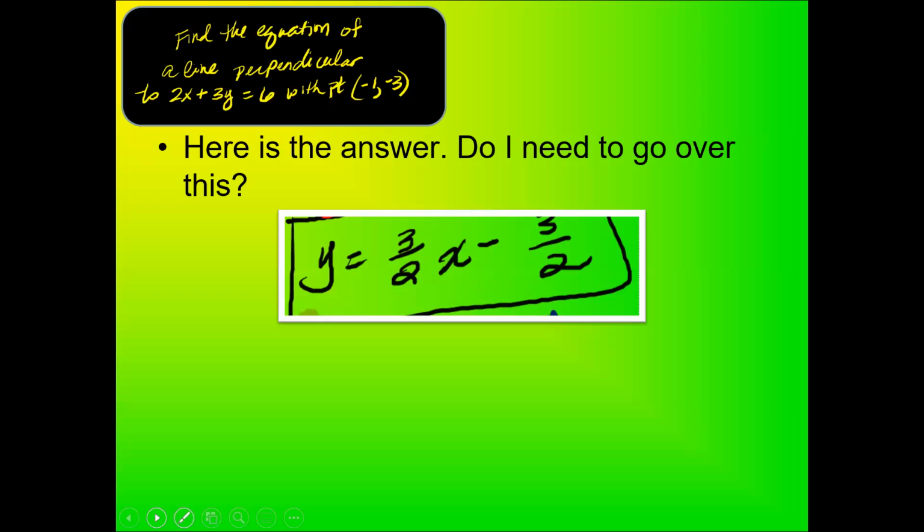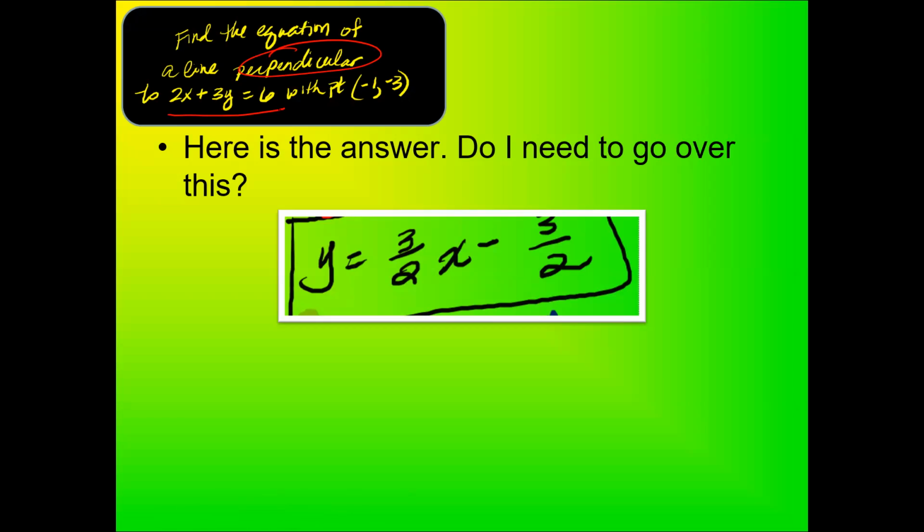All right, so let's go ahead and take a look at question number 3 on the warm-up. The keyword here is that I know it's perpendicular. If I have my equation in y-intercept form, I will be able to find the slope if it's parallel. Then if I find that slope, I can just flip it and put a negative sign on it for the perpendicular slope. But first I need to convert standard form to